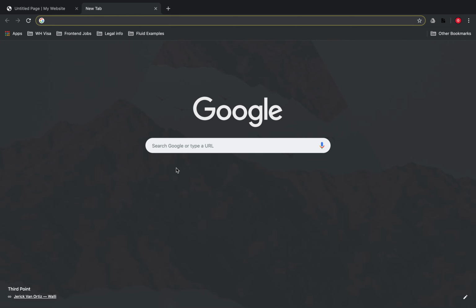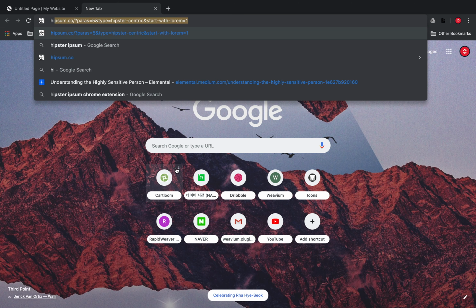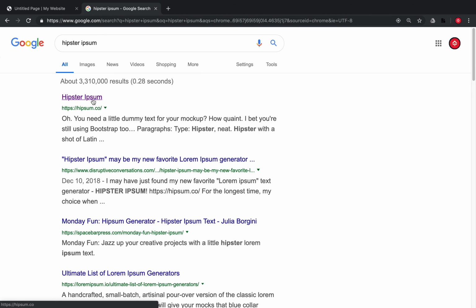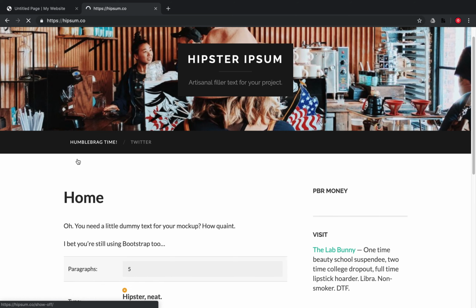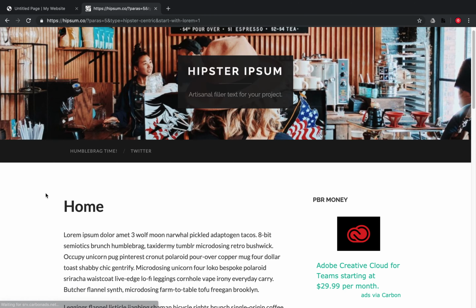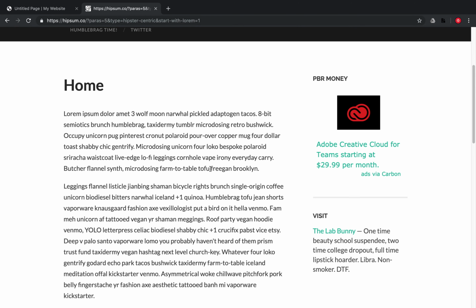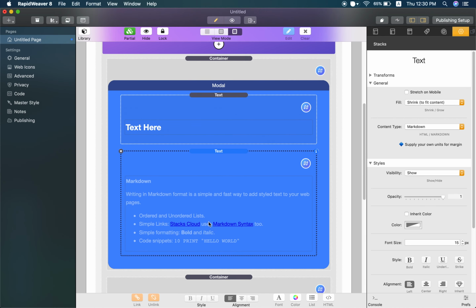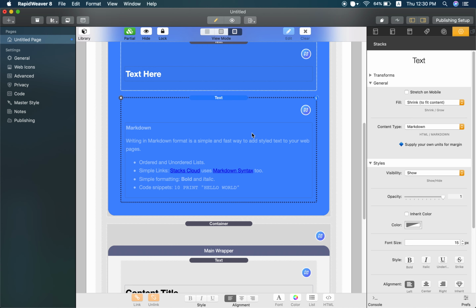So we're going to go back to our browser, open a new tab, and we're going to search for some lorem ipsum text. I use a website called Hipster Ipsum. It's really useful for creating sort of modern lorem ipsum text. You just go here, click this button, and then you've got all of this paragraph text. I'm just going to copy this first paragraph, go back into our text stack,